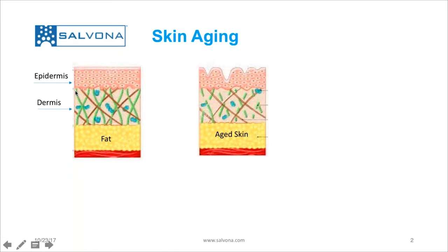The dermis has different types of fibers and mostly hyaluronic acid. The fibers are elastin, those are the green lines, and the brown are collagen. So elastin and collagen are keeping the skin supple, soft, and flexible. When the elastin and the collagen start to break down with age or other factors that can affect the breakdown of the fibers, then the system starts to collapse and we start to see the wrinkles, the cavities in the